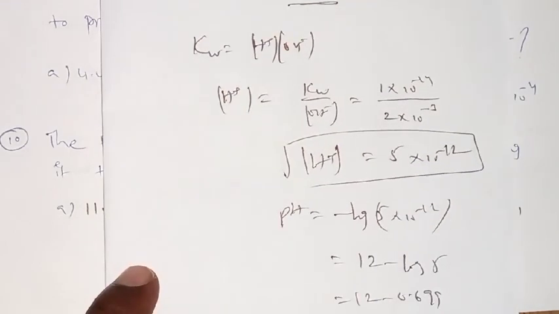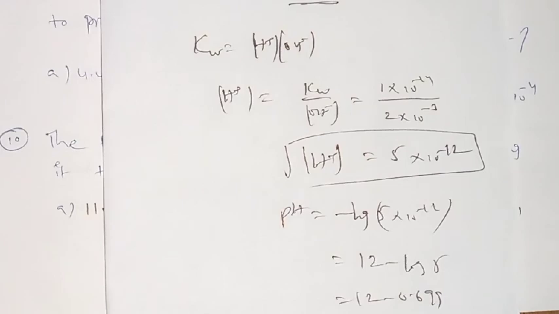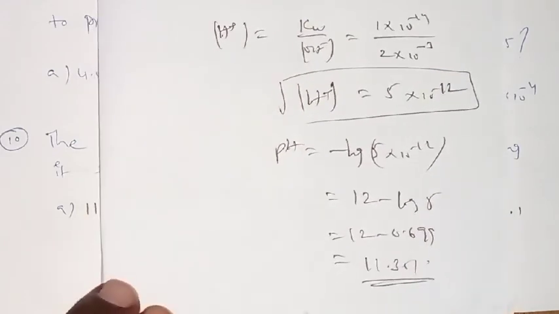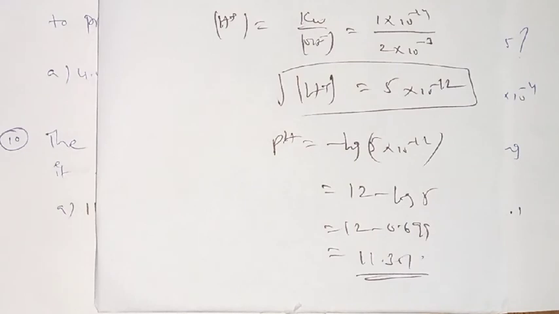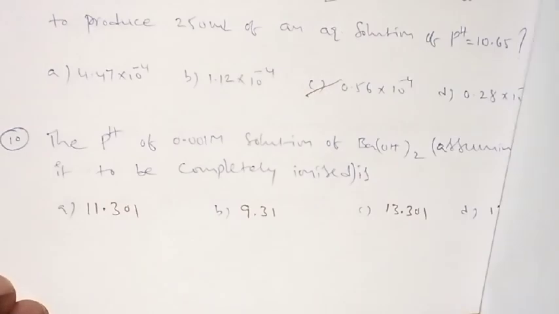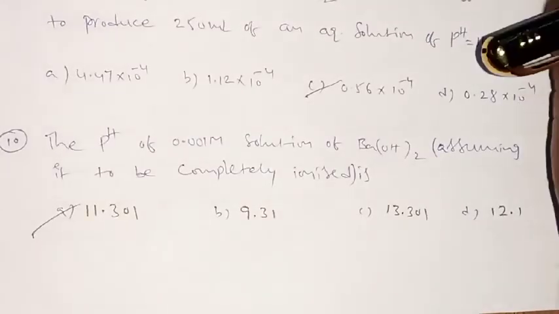See there, the given one is the strongest base, barium hydroxide. It is within the range of basic values. Around 11 to 14, it is the strongest base, general notation. Whenever it approaches 7, that is the weakest base. Similarly, close to 7, from 5 to 7, it is a weakest acid. Close to 1 or 0, that is the strongest acid. That is the general assumption. So as per this, what is our option now? 11.301. Is it clear? Right.